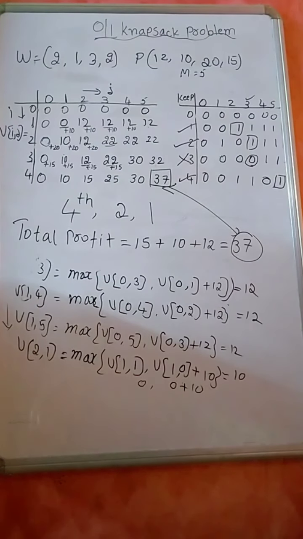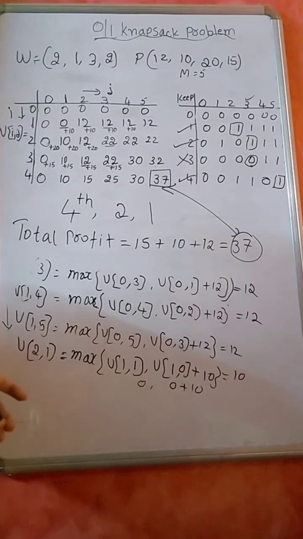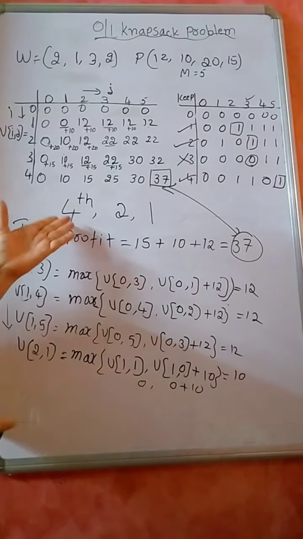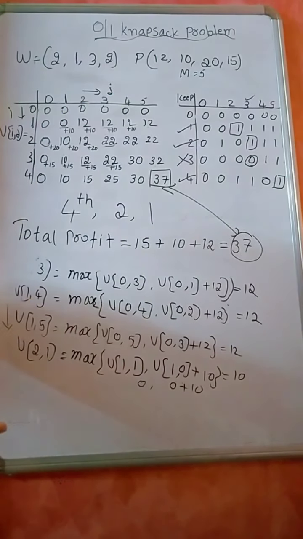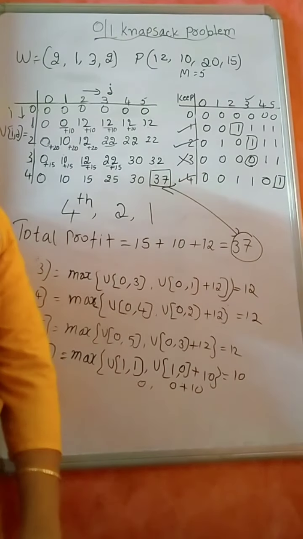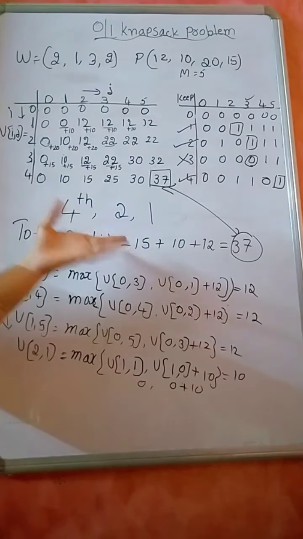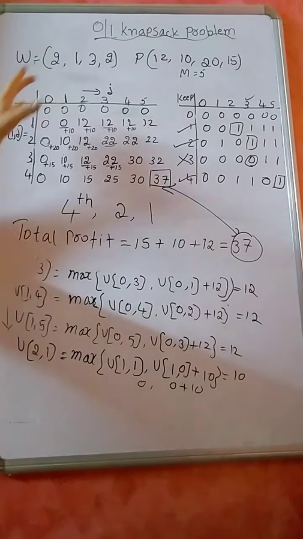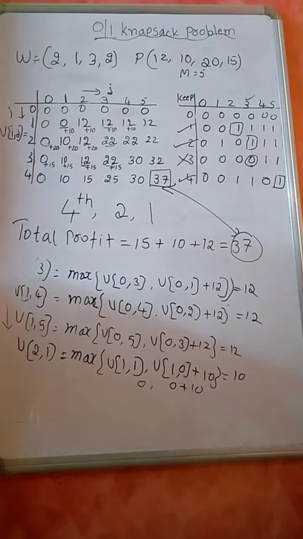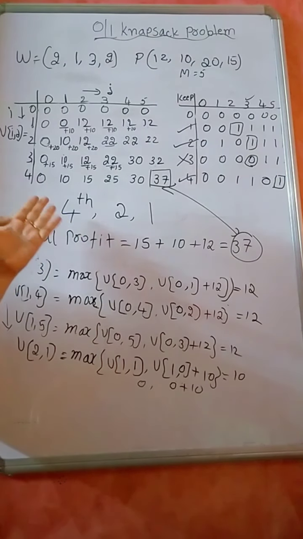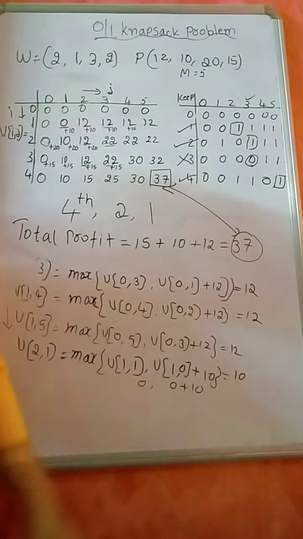You try with all the combinations of the other objects, you won't get this much profit. Instead of selecting 4, 2, 1, you select 1, 2, 3, 4 objects. Make sure that the capacity of the knapsack is not exceeded. Any other combination you take, like 1, 3, 2 or 3, 1, 1, objects should not be repeated. Any combination you take, you won't get the profit we have got for selecting the fourth object, second object and the first object.